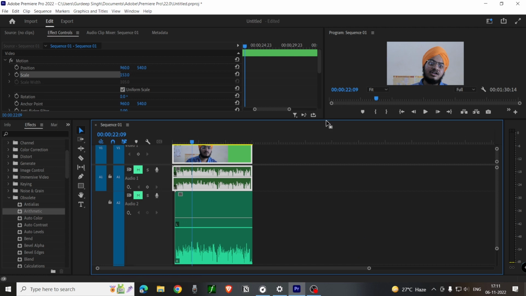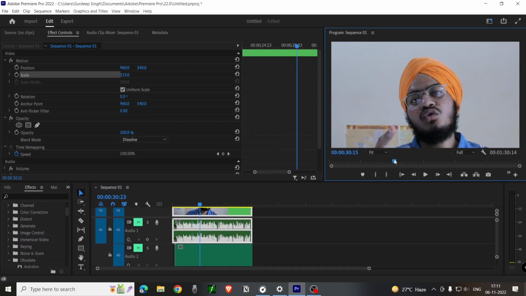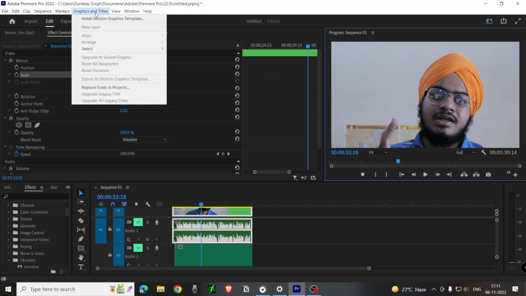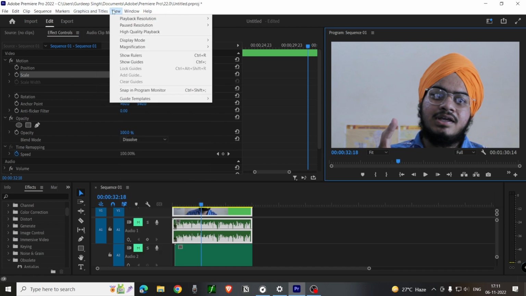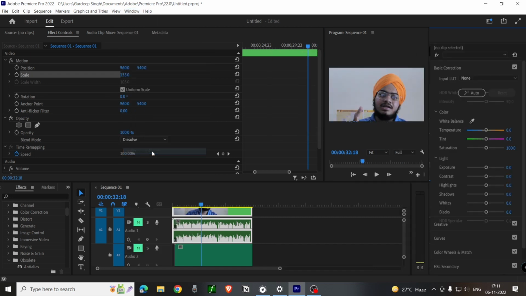Okay, so the next point is we can use our footage to color grade, and for color grading we have to go to the color grading button. So you have to go to the window, you have to go to the elementary color, and here you can edit your color grading,